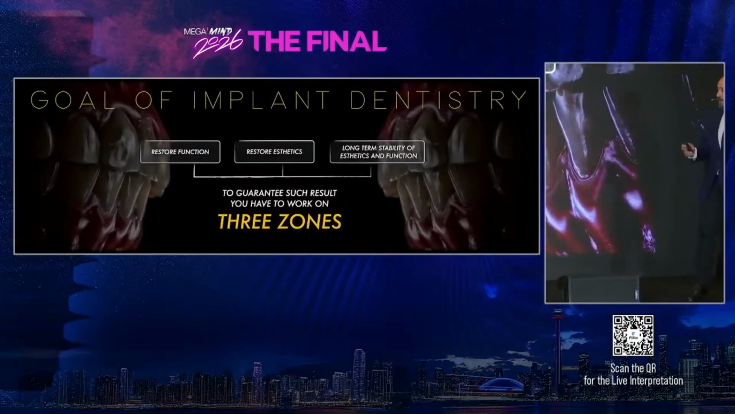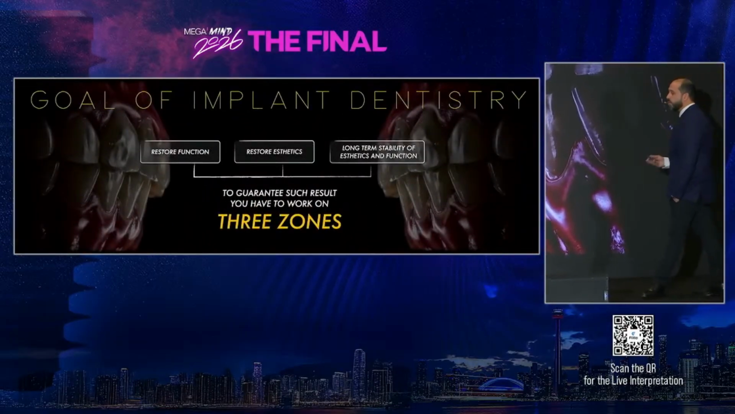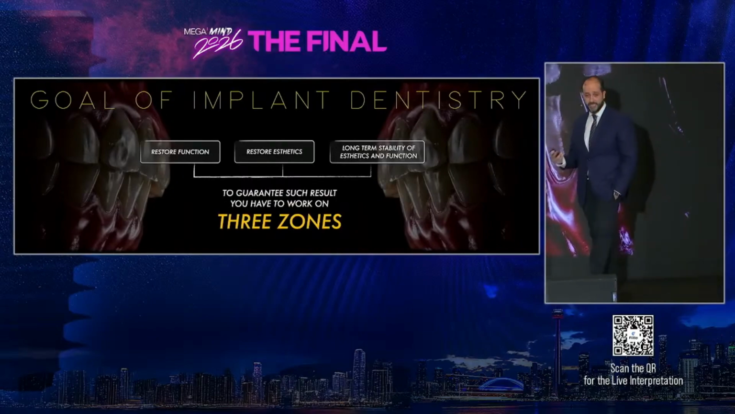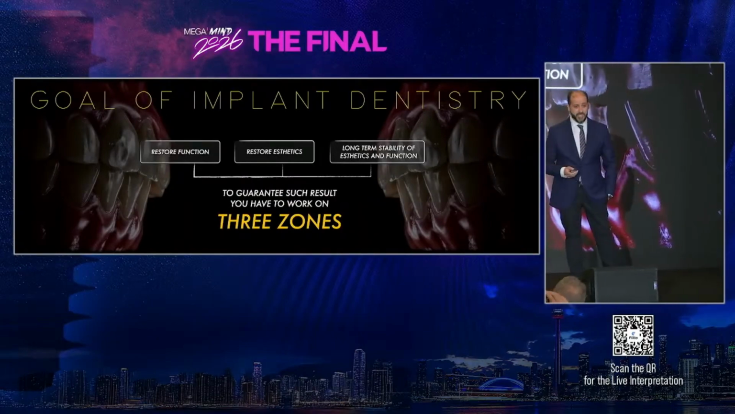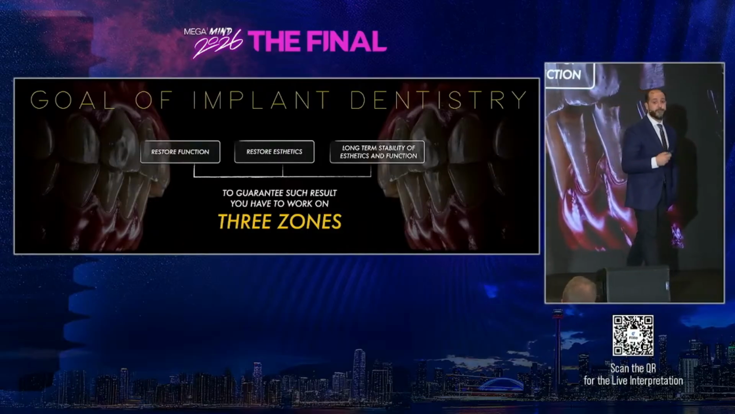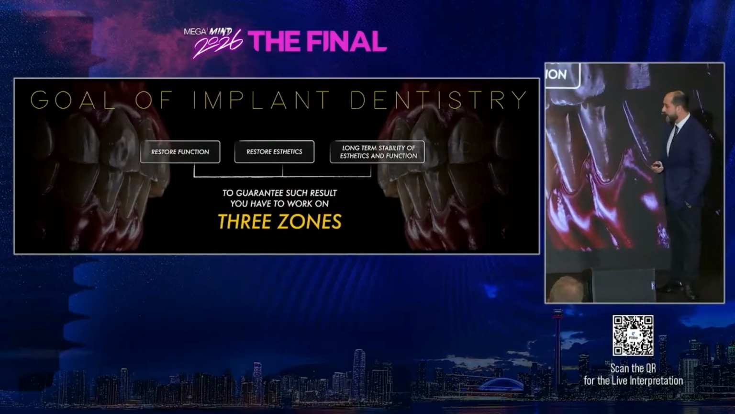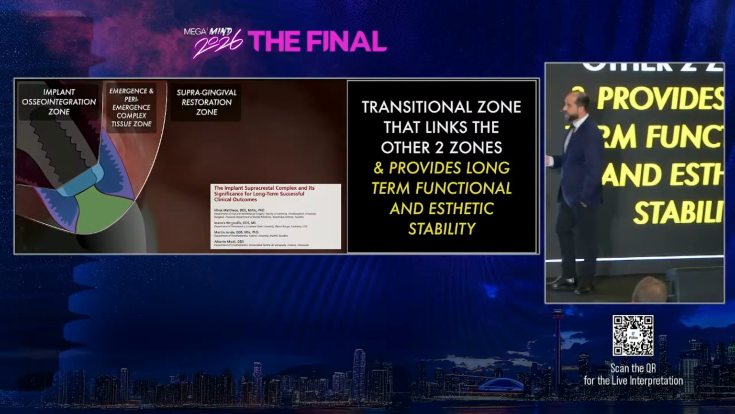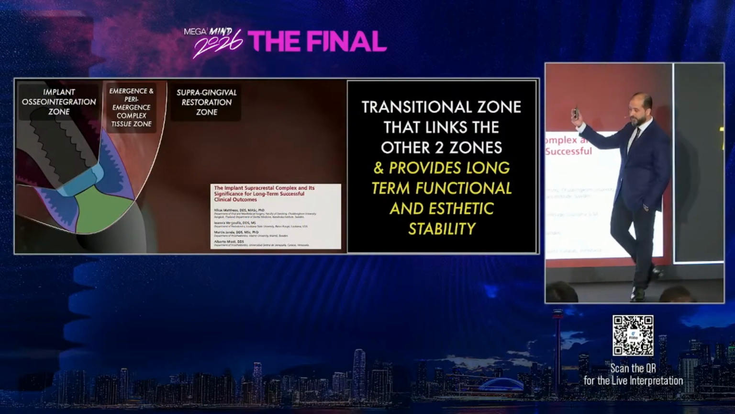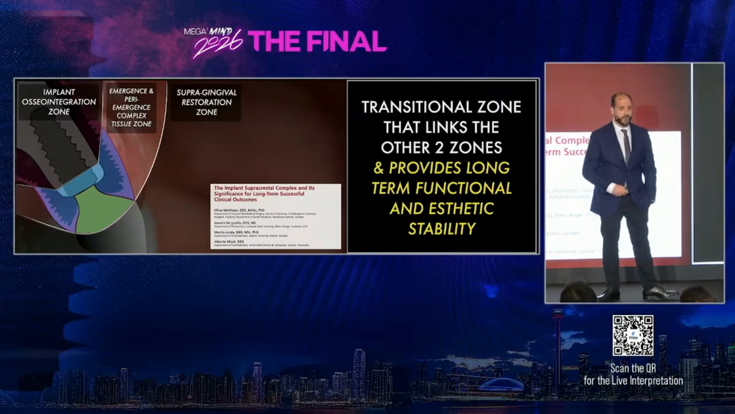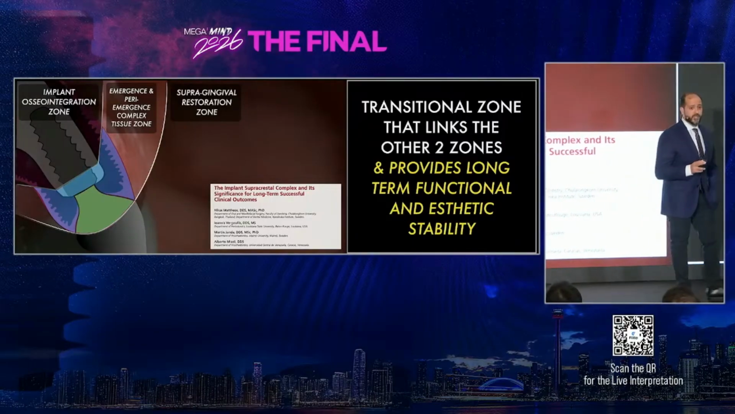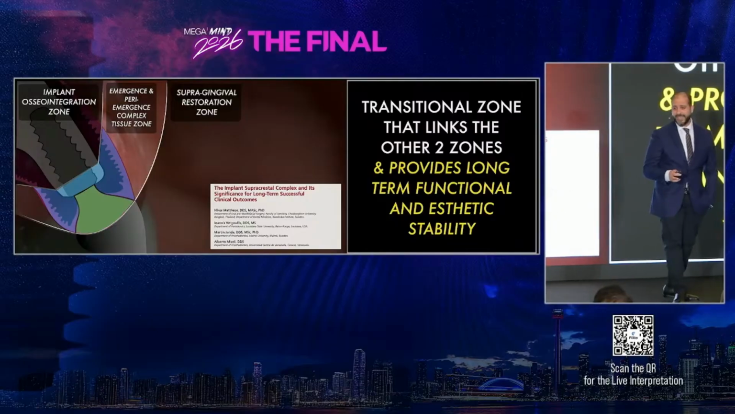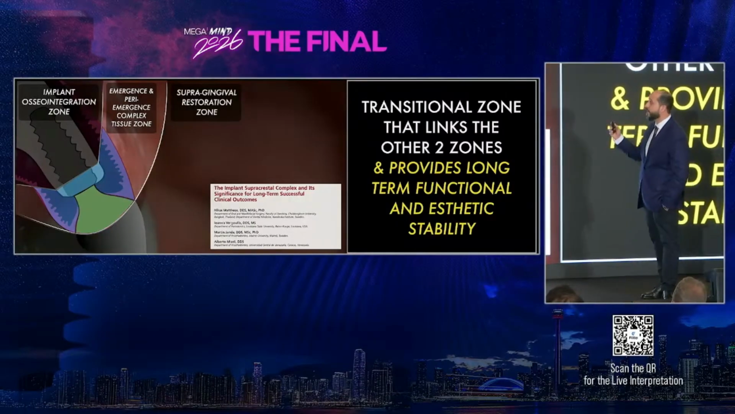So the goal of implant dentistry nowadays isn't only about restoring function and aesthetics, but it's also about how to maintain both on the long term. And in order to guarantee this, we need to work on three main zones. The first is what we call the implant osseointegration zone, and then comes the supragingival restoration zone. While the zone that is completely overlooked by most of the clinicians worldwide is what we call the emergence and